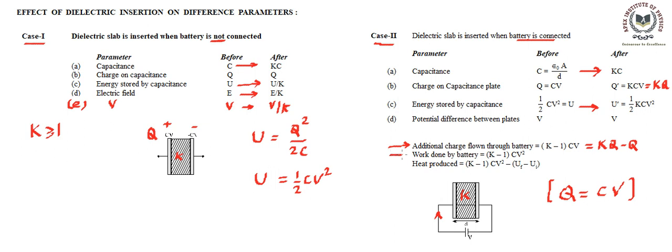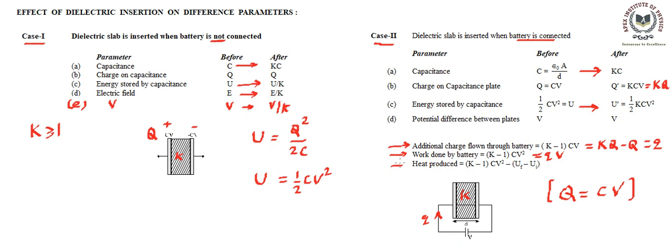So that's the additional charge that is coming through the battery after insertion if battery remains connected. And then another popular question is work done by the battery. How much the work done by the battery is going to be? We have talked about work done by the battery being the charge flown. Let's say this is small q charge that has flown, so we will say the work done by the battery is going to be the charge flown into the potential. So we just multiply this number by potential to get the work done by the battery.